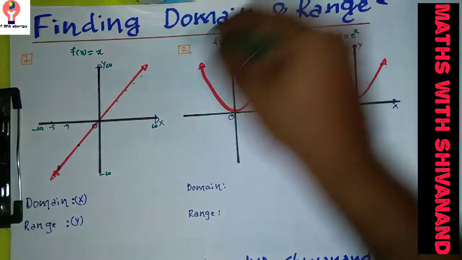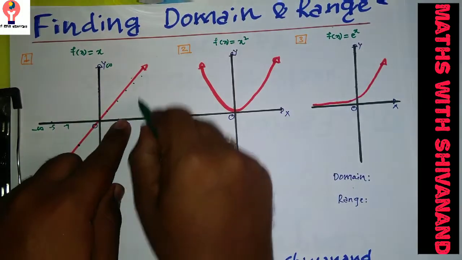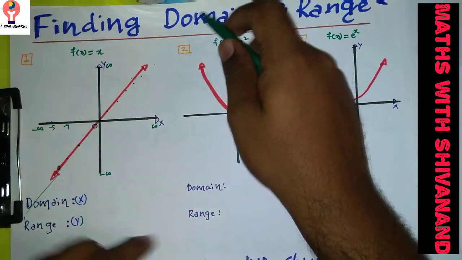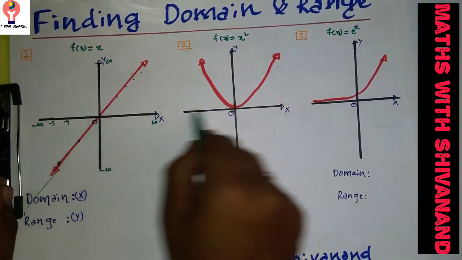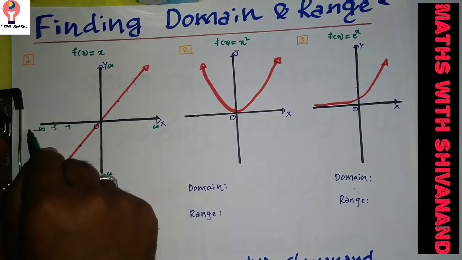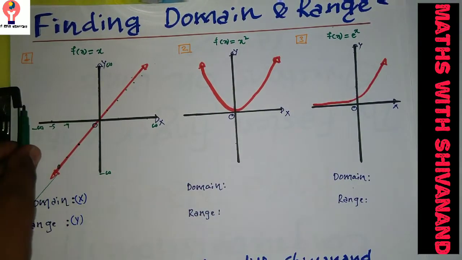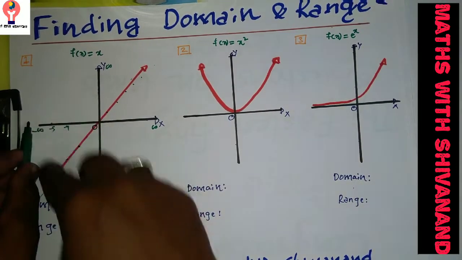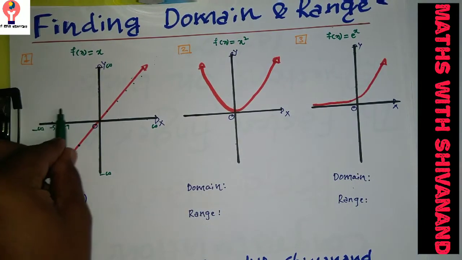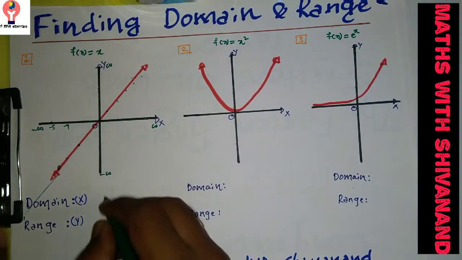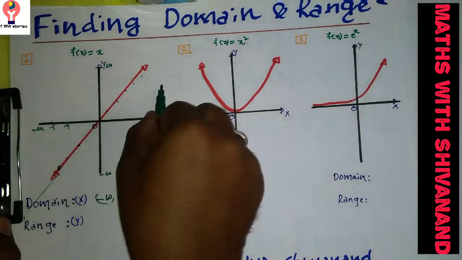It's a continuous curve here. From downwards and upwards it's moving towards infinity. You can give any value of x here, it will have some value. So it's a continuous graph. Right from 0 to infinity you will have values here, and from minus infinity to 0 also. You check from left to right and you will have the values for y. So the domain of this function is minus infinity to plus infinity. All the real number values it is taking here.